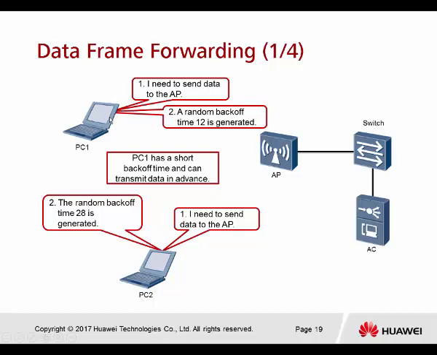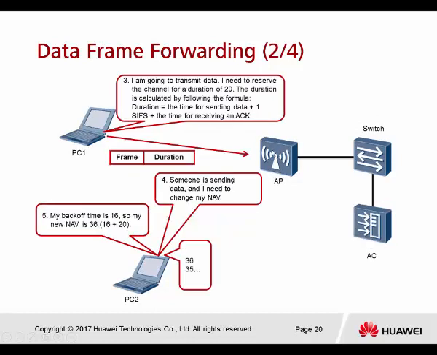PC 1 is going to randomly generate a backoff time. My backoff time, PC 1, is 12. PC 2, after generating, has a backoff time of 28. So now PC 1 has a shorter backoff time and can transmit the data at once. PC 1 is going to transmit the data and needs to reserve the channel for a duration